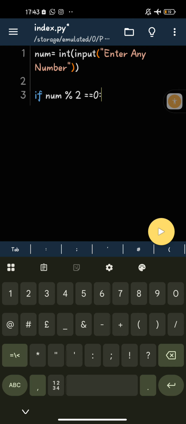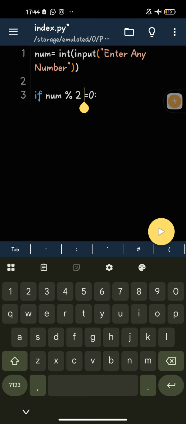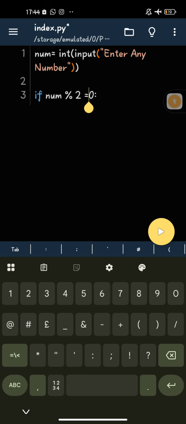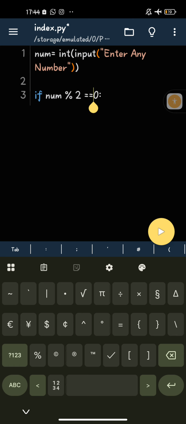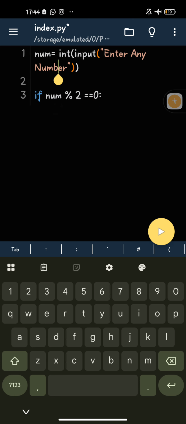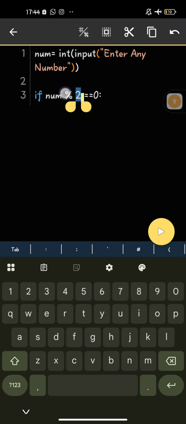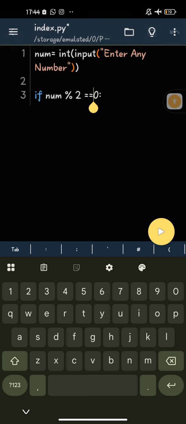Remember what I told you about this double equals to? This double equals to is comparison. You are comparing that the number is exactly 0. But if you use just one, it's as if you are assigning 2 to 0, and we don't want that. So now we are doing comparing. So we are saying if the number the user will enter, if you divide it by 2, remember this modulus is like you are dividing it, but it will give you the remainder. If you divide it by 2 and the remainder is exactly 0, then